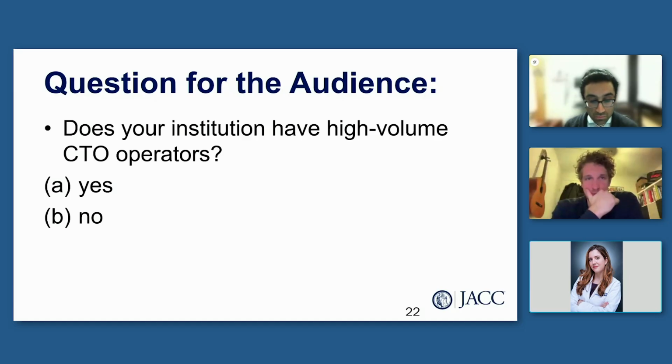But generally speaking, people who are skilled as CTOs have trained at or with one of those operators and/or are at a program or institution that has a CHIP fellowship. So it is expanding, but to my knowledge, there is currently no clear criteria for how many or what types of CTO interventions you have to do to be skilled. And I will say there is a wide range of difficulty when it comes to CTO interventions, and that is determined by the JCTO score, which is mentioned in the trial.